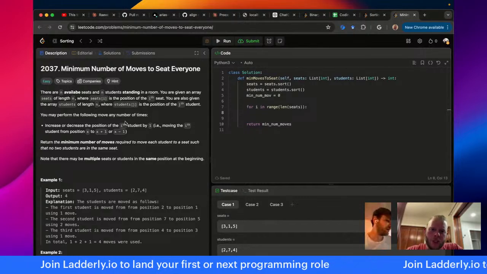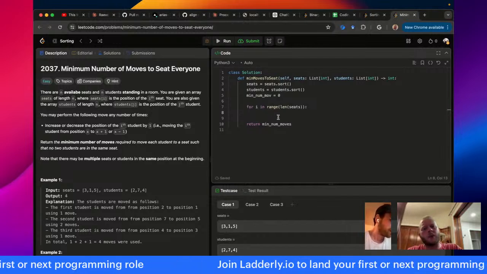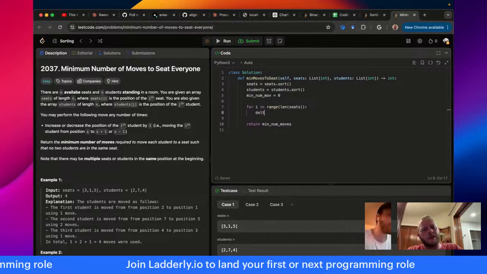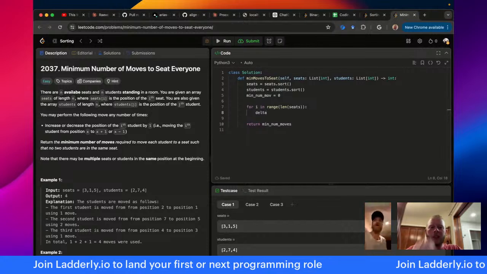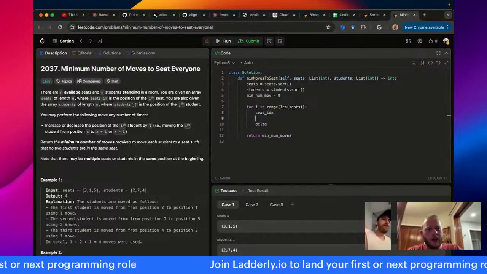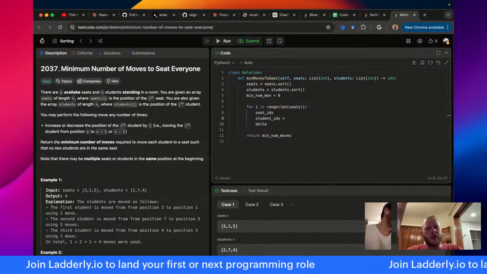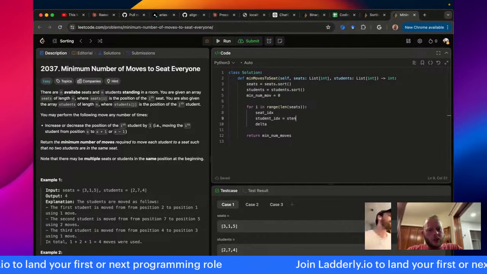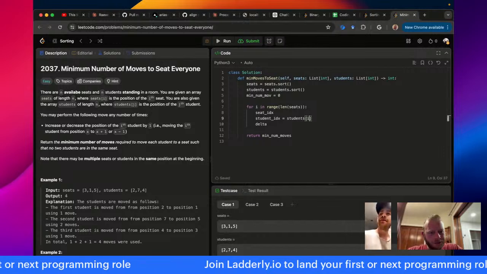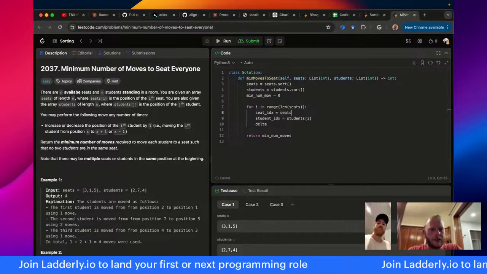Good luck debugging. Okay, so for i in range len seats, we want the delta. So the delta is we're going to have seat_idx and then student_idx. So this will be i of students, and the seat_idx is i of seats.